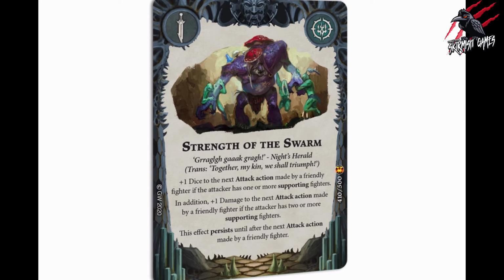And then we've got the fourth one called Strength of the Swarm. And with this, it's add 1 dice to the next attack action made by a friendly fighter if the attacker has one or more supporting fighters. In addition, +1 damage to the next attack action made by a friendly fighter if the attacker has 2 or more supporting fighters. And this effect persists until after the next attack action made by a friendly fighter. So a great way, again, more uses for Spinefin. Use him as a support, and then you can make the most of this Strength of the Swarm. And this ploy lets you take advantage of Spinefin to make a fighter's attack action an almost guaranteed hit,